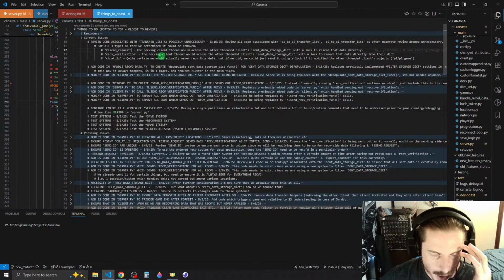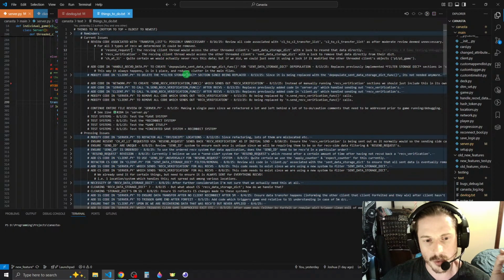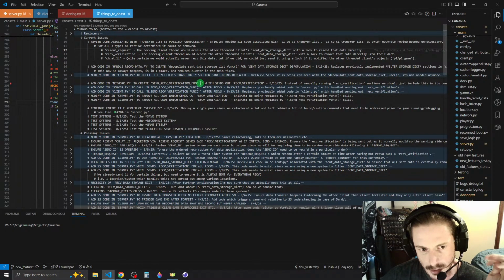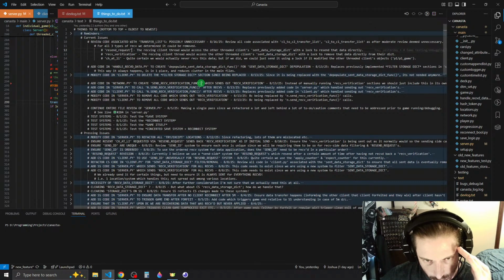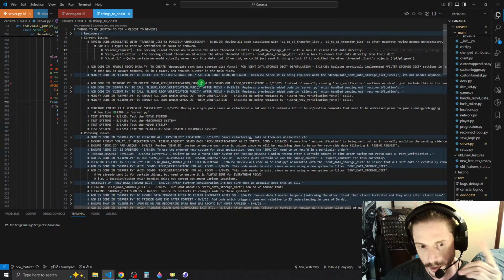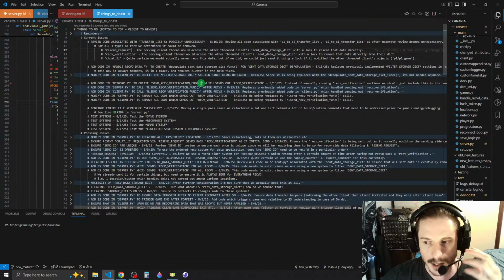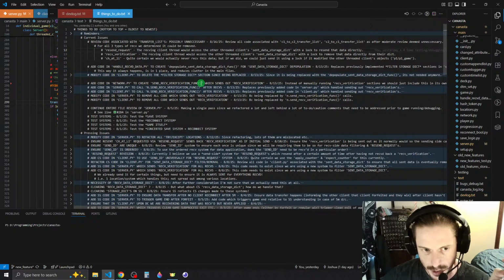So, does that mean we should probably send it twice, right? I mean, we should probably store it twice. If we send to both clients from the server side to the client side, and then we remove it from our sent storage dict once we receive a verification from only one of the clients, then the other client could have not received it, and it would still get deleted from the sent data storage dict, and that means we would not be able to fulfill the resend request,